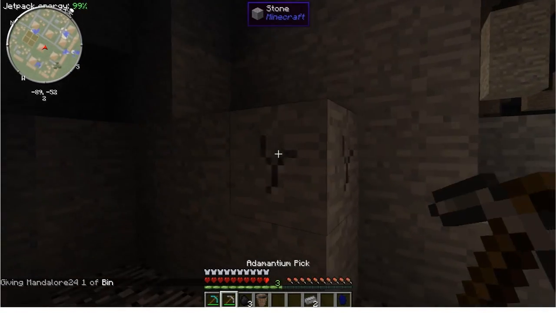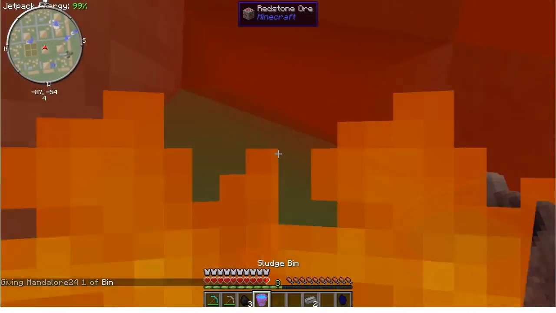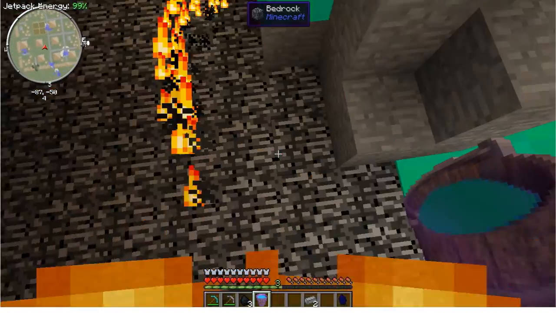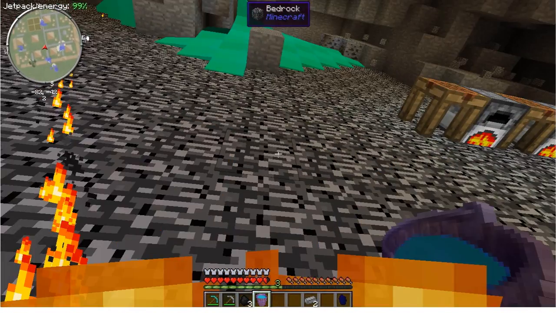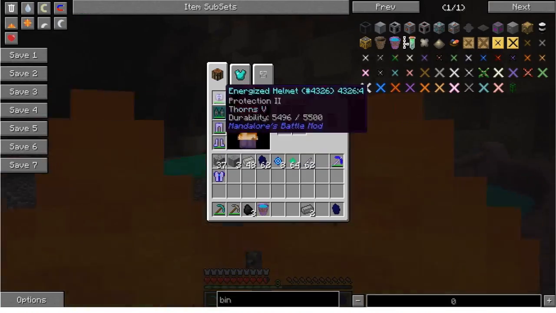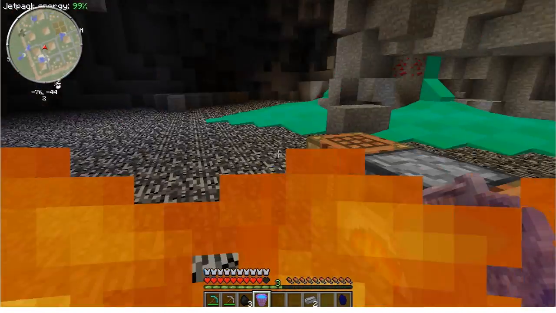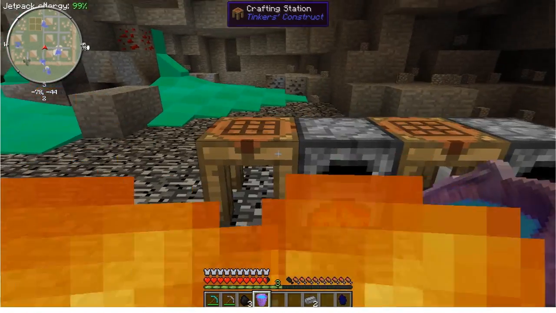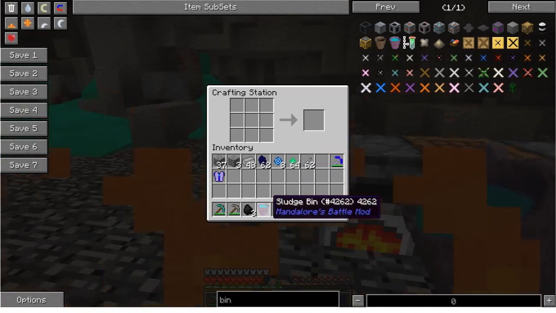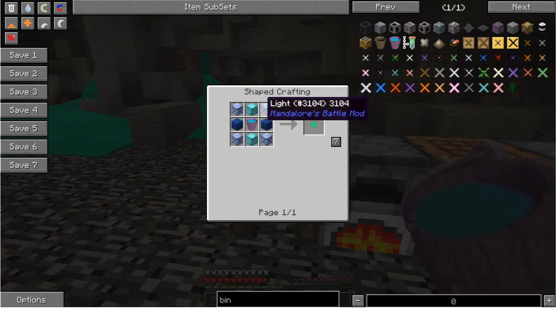and you're going to want to find yourself some sludge and not get set on fire by it. But as you can see, I'm taking virtually no damage from this because of my armor. So, once you have your sludge bin and stop burning, you're going to use your sludge bin along with lights,